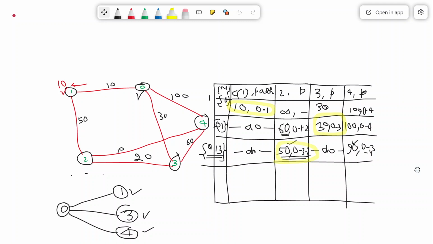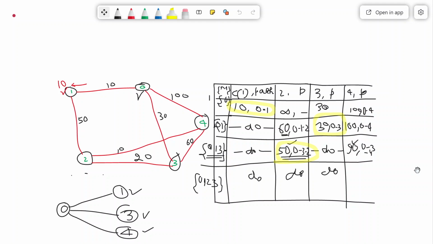And then what will be the list M? 0, 1, 3 were already there, and 2 is also going to appear, so I will include 2 in the M. Now here we need not apply more min, here you need not apply more min, here you need not apply more min.